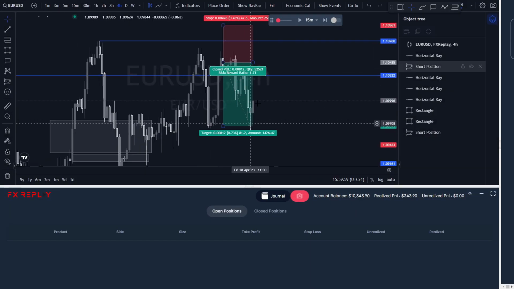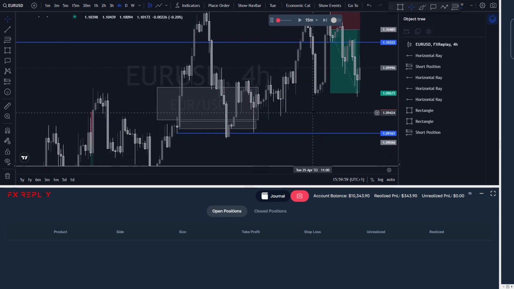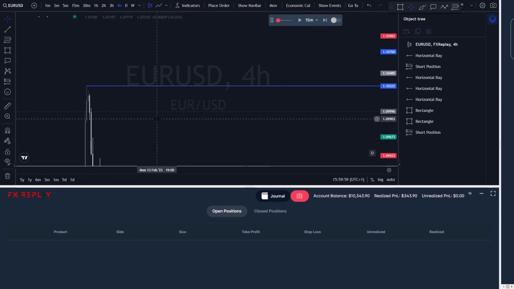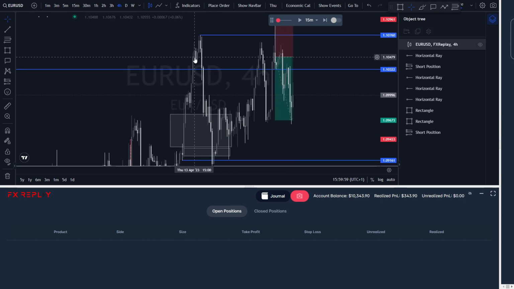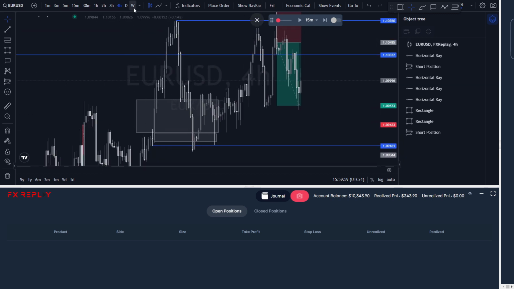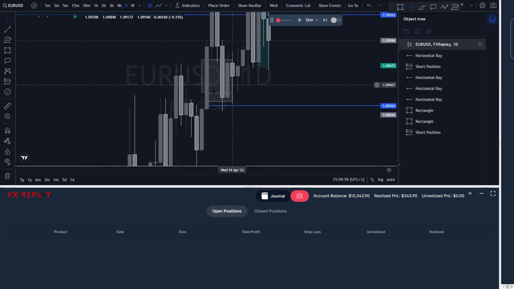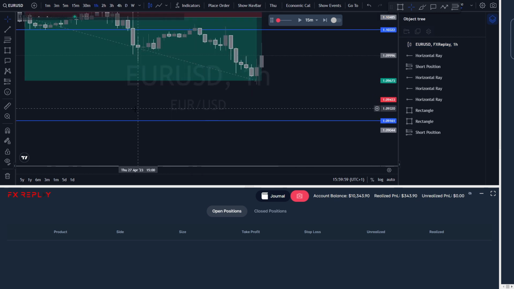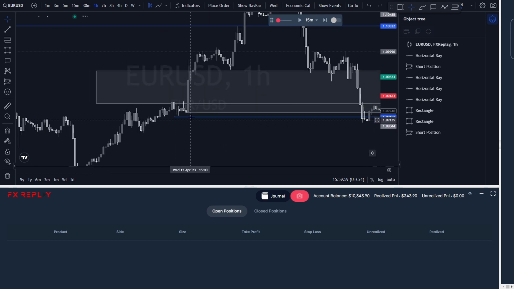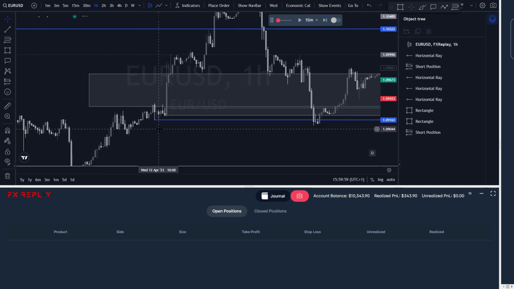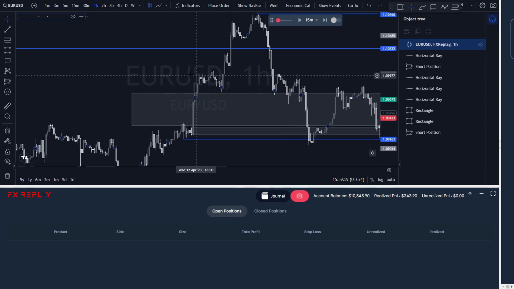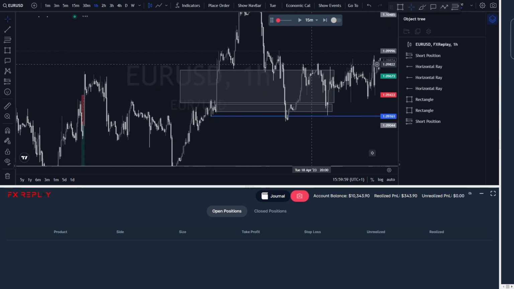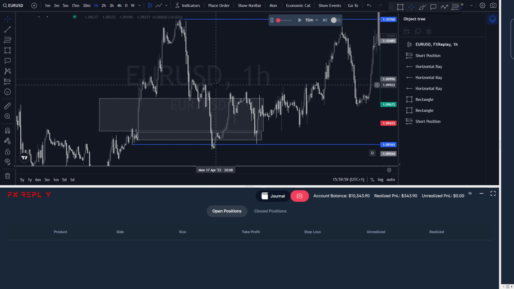Okay, so the next trade I took was a win. But right before that, you remember? Right here, when I took this trade, I said, yeah, it's going to hunt most likely for this area of liquidity. And it actually did, as you can see. And in the process, it created a huge fair value gap in the daily chart, right here. Big fair value gap. And in the 1 hour, it created an order block right here. So I marked both of them, and once it took out this area of liquidity from back then, it went back into the daily fair value gap just as I had expected, and